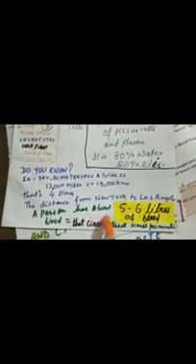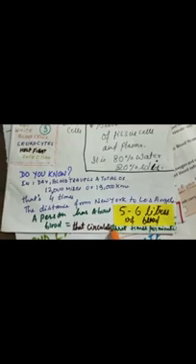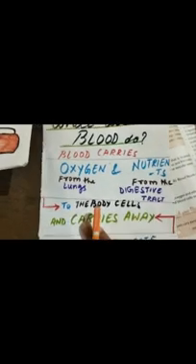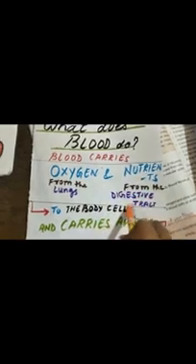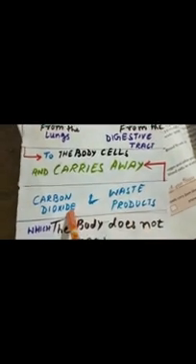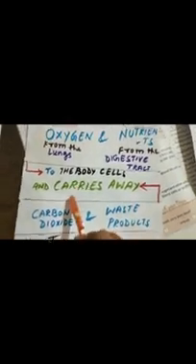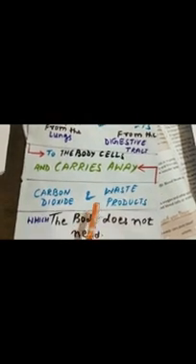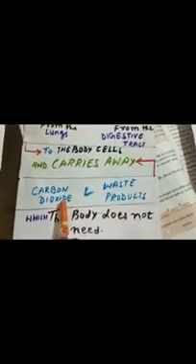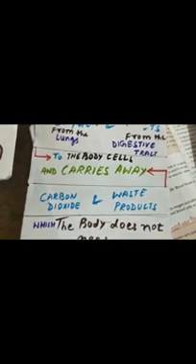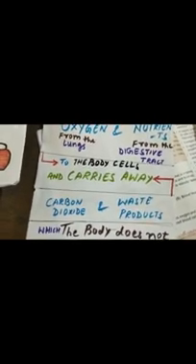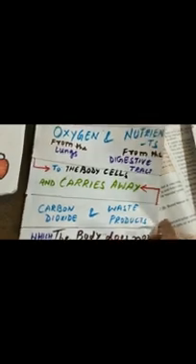A person has about 5 to 6 liters of blood that circulates about 3 times per minute. Then what does the blood do? Blood carries oxygen from the lungs and nutrients from the digestive tract to the body cells, and carries away the carbon dioxide and the waste products from the body cells, waste products to the kidney and carbon dioxide to the lungs, which the body doesn't need. So the blood is a very important connective tissue and it plays a very important role on a day-to-day basis.